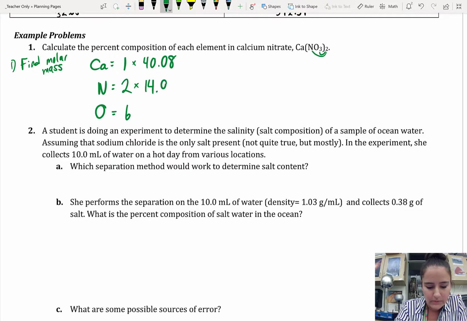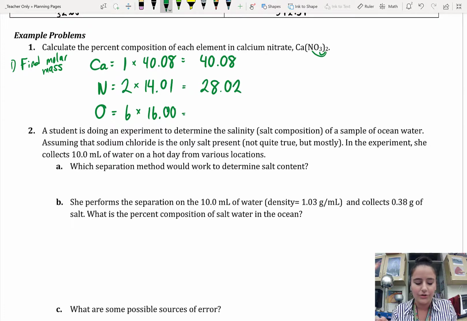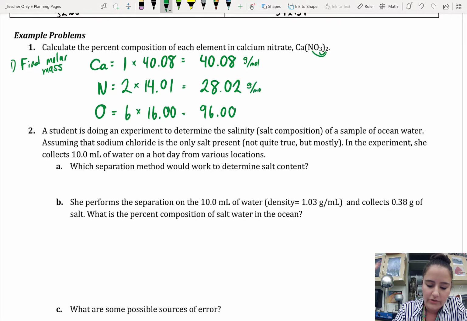Nitrogen is 14.01, and oxygen is 16.00. So the mass of calcium is 40.08, nitrogen 28.02, and oxygen 96.00. Okay, that is how many grams we have per mole of each of those elements. So when we add them all up, we get that the molar mass of it is